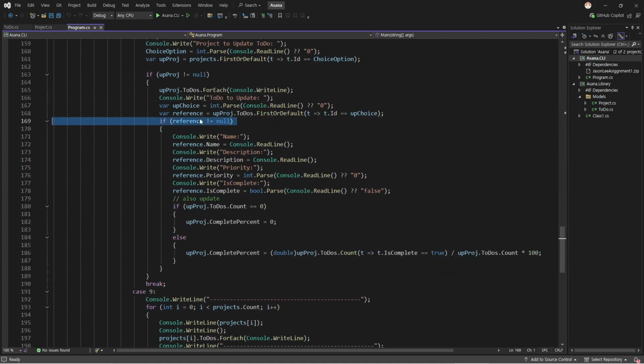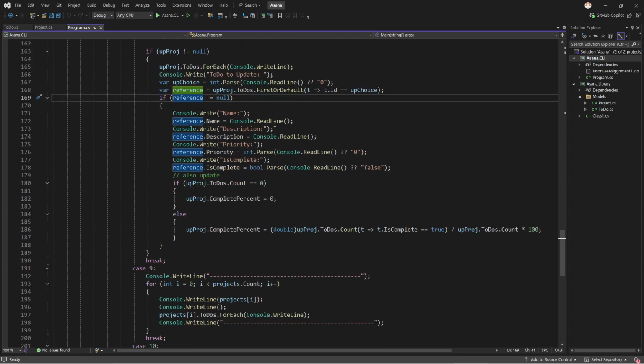So the reference is the reference for the to-do that the user wants to update. So it requests name, description, priority, is complete,